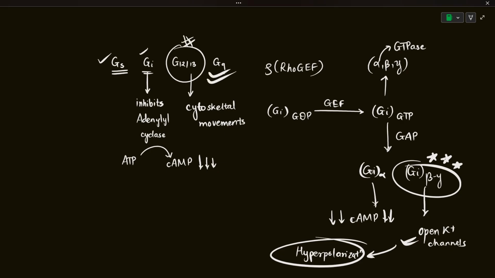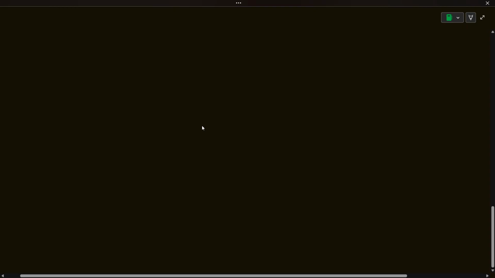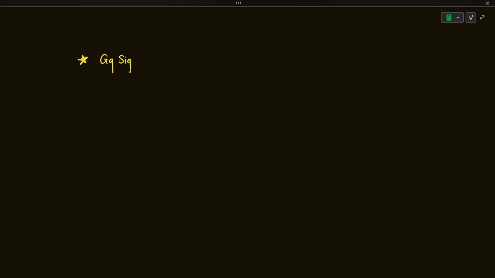We will be learning about GQ signaling in detail today because it is very important and very crucial, because this uses a phospholipase. Okay, and now I will mention a lot of points that we learned in the plasma membrane lectures, when I was introducing the structure of the plasma membrane, the composition, the asymmetry that the plasma membrane has, and how it is very important functionally. In that lecture, we discussed a few things that are going to be revised in this lecture now. So for that, let's first learn how the GQ protein helps in the signaling,